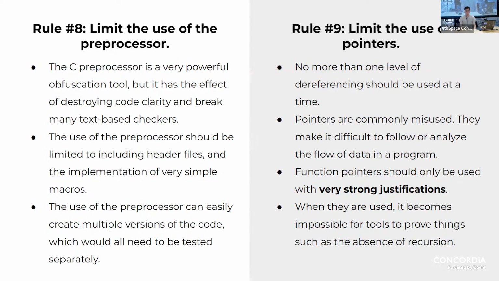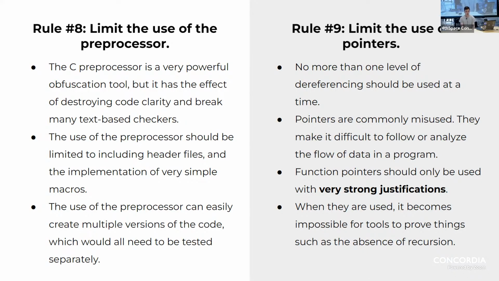So definitely something to avoid if you're using C and C++. Rule 9, we want to avoid the use of pointers because whenever you're directly interfacing with memory in that way, it can cause a lot of confusion, especially if you're not using the heap. Sometimes you create a pointer to a variable that's already been deallocated, so you're pointing to bad data, to nothing, and that can cause some runtime issues down the line.